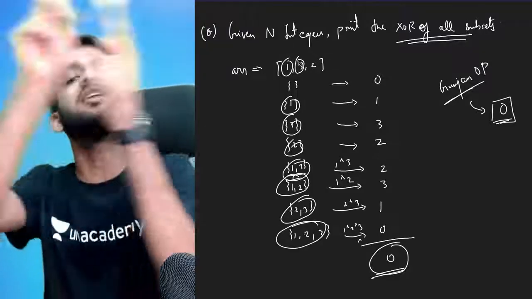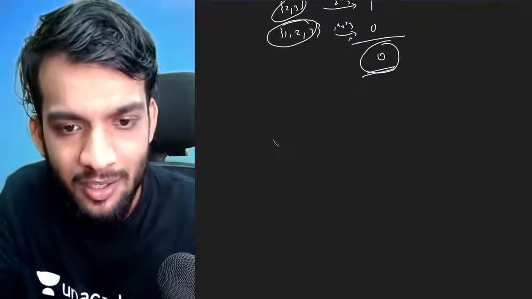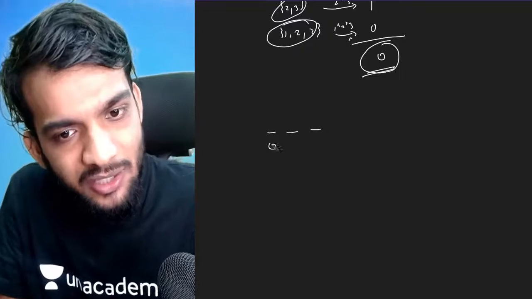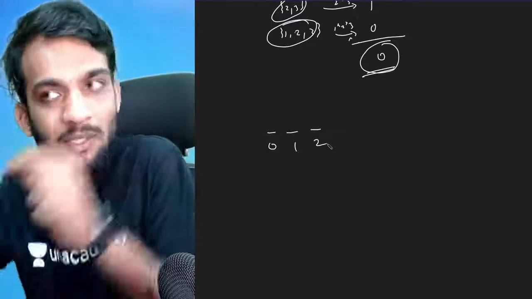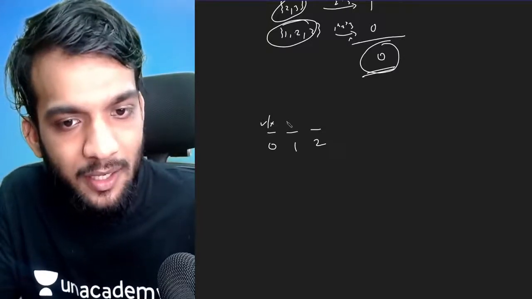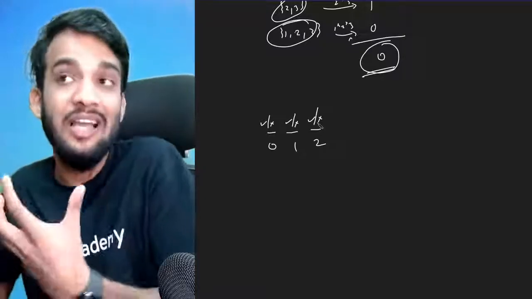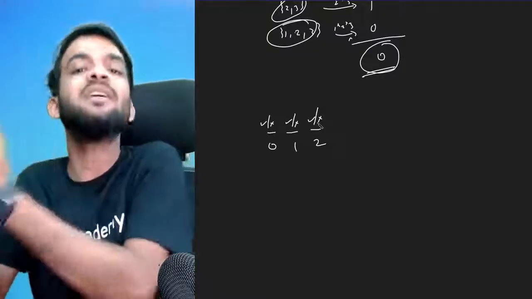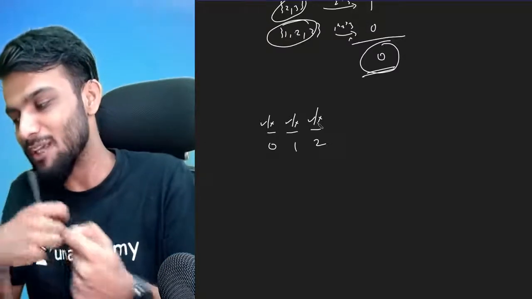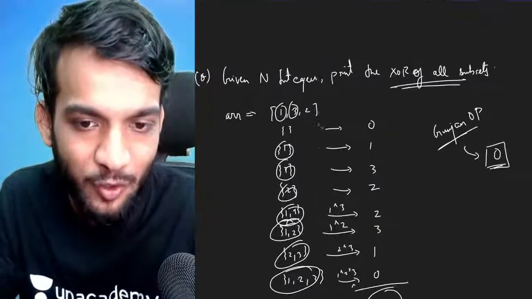If you roll back to the recursion class that I took, do you remember? If I'm looking to form subsets, there are 3 indexes, and every index can either be in the subset or not in the subset, which is pick or not pick, pick or not pick, pick or not pick. So how many ways can a number be in a subset? That's 2. That's going to be even, right? If you carefully observe over here,